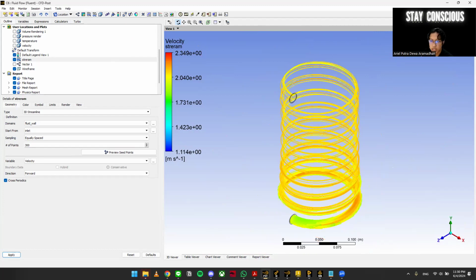Okay, just animate it, and as you can see, there's a particle. It's a little bit laggy on my computer. Just wait a second here. Okay, but you get the point. There will be a particle. You can visualize the particle running through the volume of the flow here